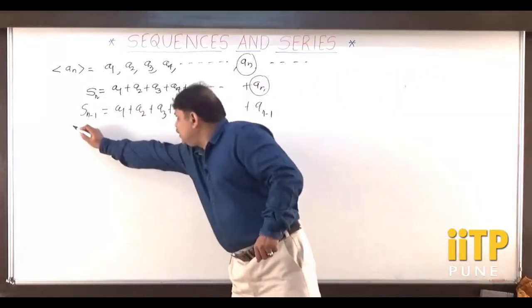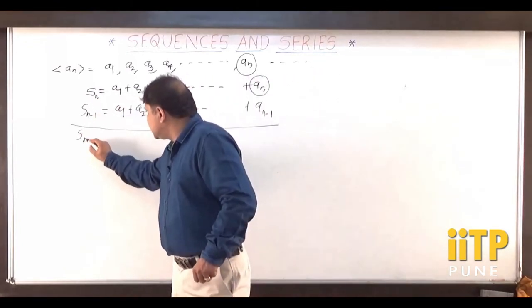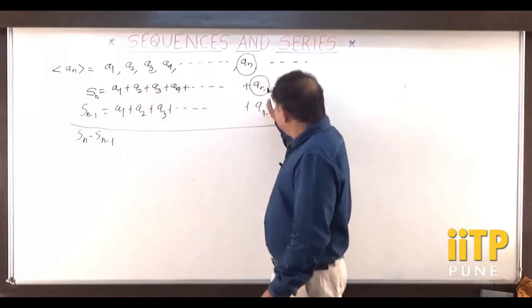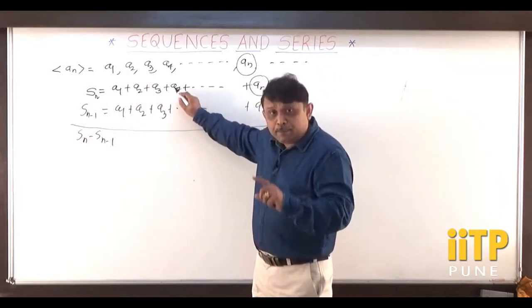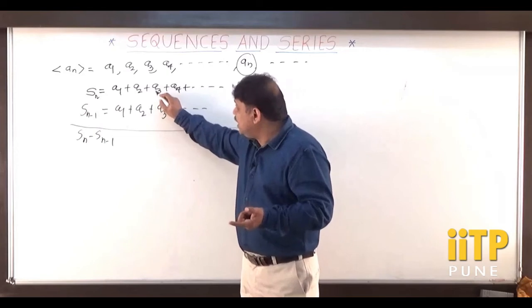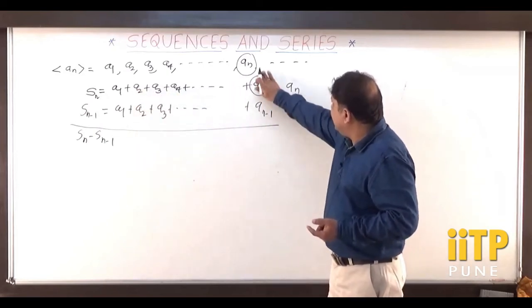If I take the difference of this, what would I get? Here, the term preceding an is a(n-1). The term preceding a4 is a3. The term preceding a3 is a2. Likewise, the term preceding an is